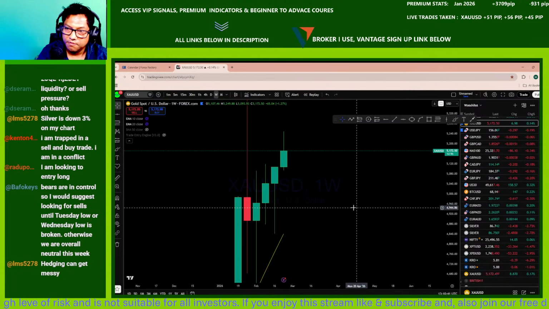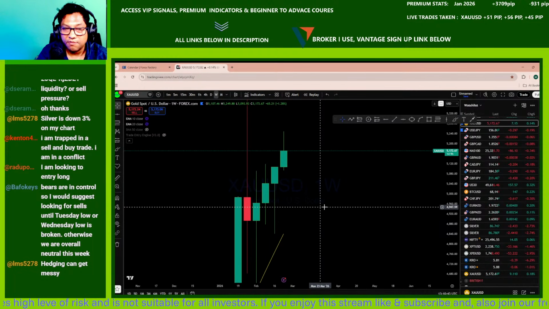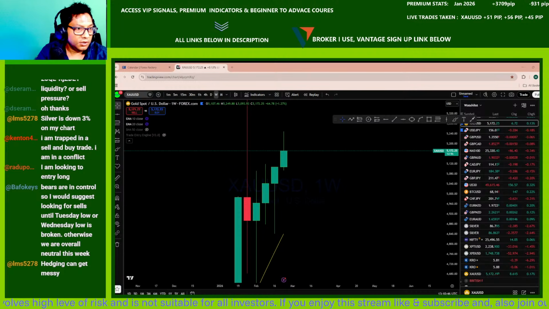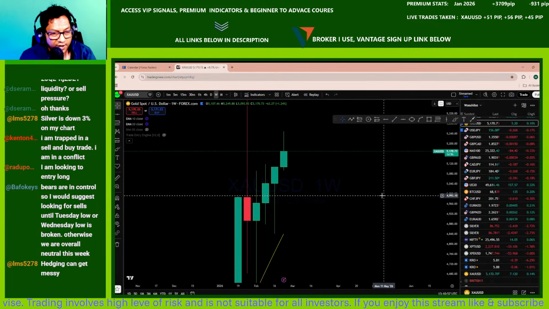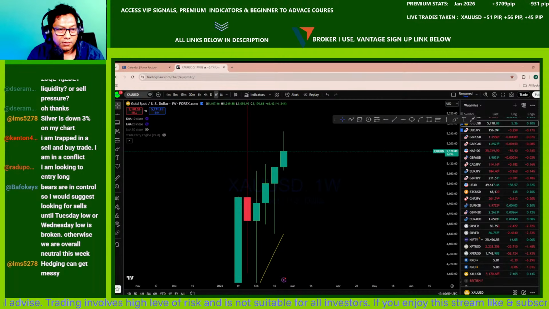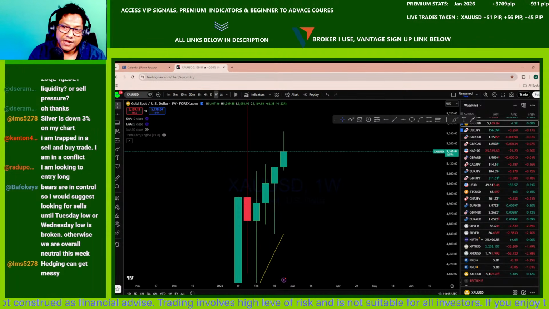Hedging can get messy. Yeah, hedging might get messy if your strategy is based on a hedge, yeah, you can look at it. But I would say that if you hedge without a plan, that might get messy. Some of the trades, probably for those who are in the academy, if you have joined our chat group, for the hedging trades that we are opening. So if you have a system that can hedge, that's the best way to do it.